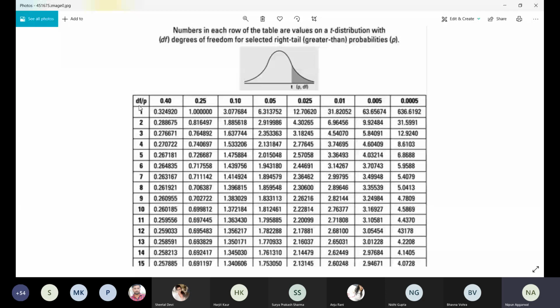It is not your wish either. Suppose I said 10 minus 8, 2 came as the fifth number. It was not my wish that the fifth number should be 2, but I have no freedom to choose that number because the sum is 10. We know that the sum is 10. So I have degrees of freedom to fill 4 numbers. The fifth number I don't have any freedom to fill. So that is the concept of degrees of freedom.